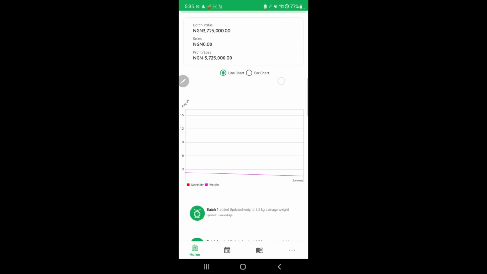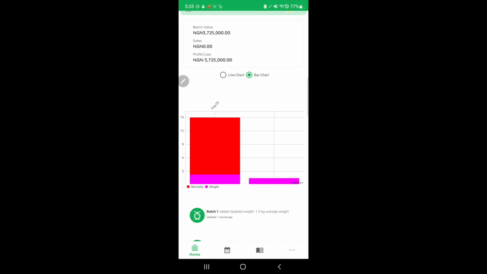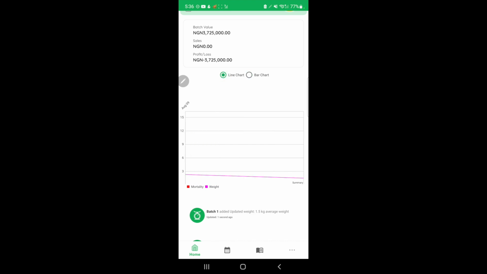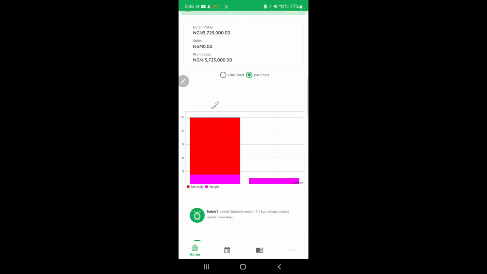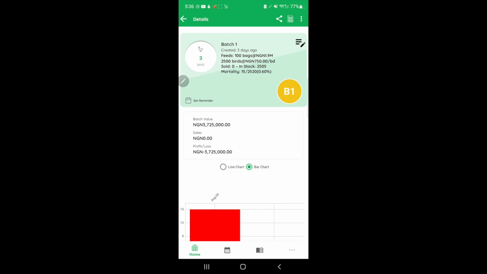Let's go to a chart just to have an idea around what also goes on. This is the chart. Farmers are able to see what exactly is happening. That is the comparison between every one of these activities that's been logged. For instance, now we have the weights, and you can decide to make use of the line chart or the bar chart just to see the exact information you logged for this particular batch. So you can also generate reports as a farmer, be it you want to share the reports with your investor, or probably you want to use it as evidence that, okay, you are a real farmer, and they are able to see